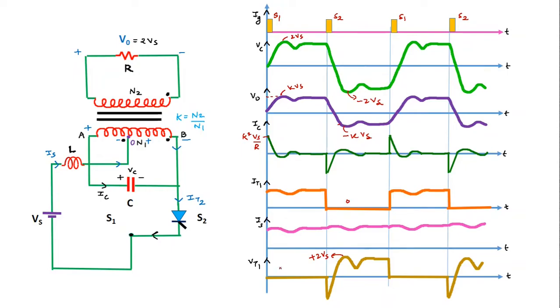Now we will take the voltage across the S1 SCR. Here you can see the voltage across this capacitor will appear across this S1 SCR. That means when the S2 SCR is conducting, VT1, that is the voltage across S1 SCR, will be equal to the capacitor voltage VC. But this voltage is a reverse voltage for VT1. So we will get a reverse voltage VT1 with respect to this capacitor voltage, and the waveform of the capacitor voltage will be reversed. Here the load current waveform will be similar to the load voltage waveform, because in the case of a resistive load, the load voltage and load current are in phase with each other.